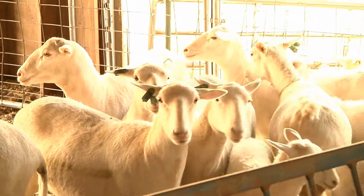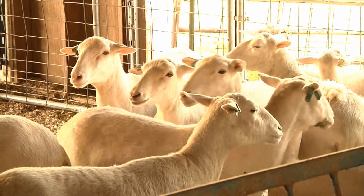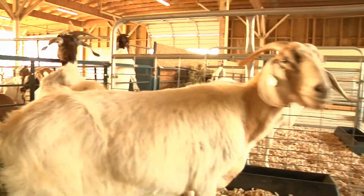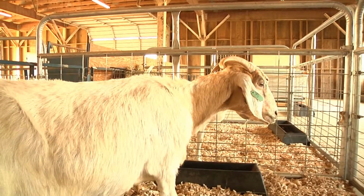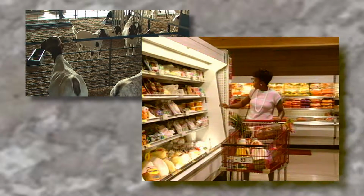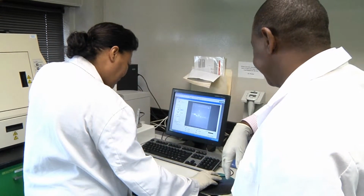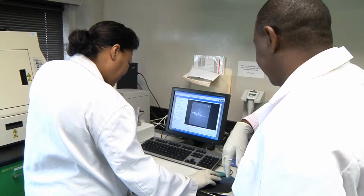A big problem for meat goats is disease, especially internal parasites. What our research does, using the goat's genome and the genetic information about the goat, is provide us a way of selecting those goats that are best able to fight disease. That minimizes costs for the producer. It also ensures food safety for the consumer. And so genomics is an avenue of a sustainable approach to controlling disease problems in the meat goat